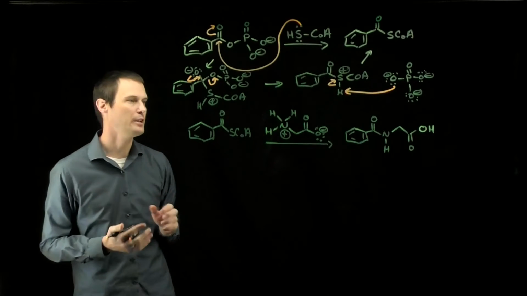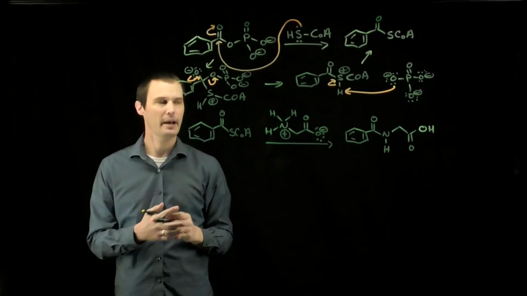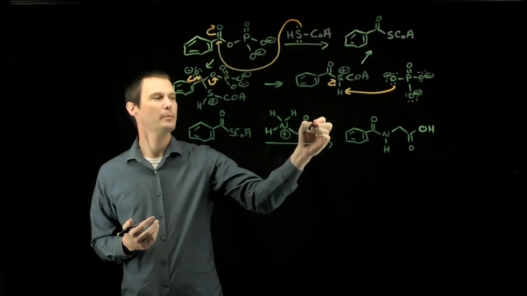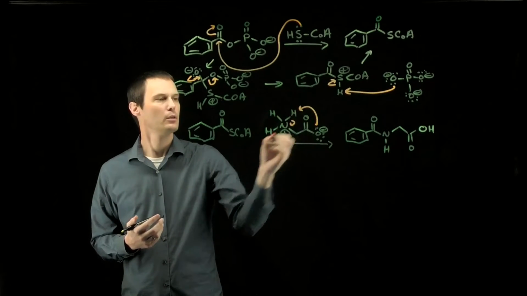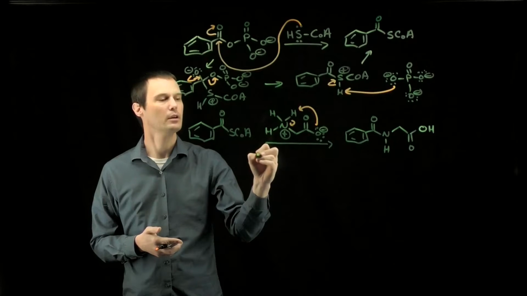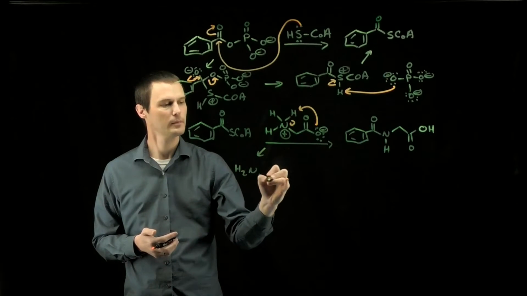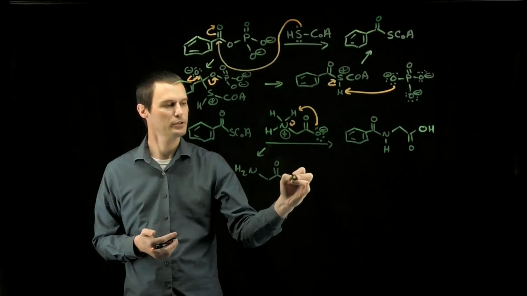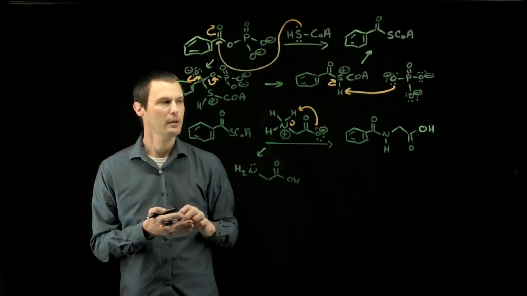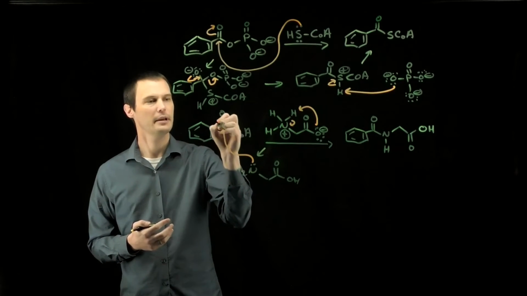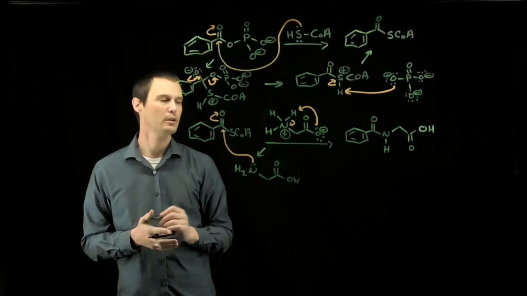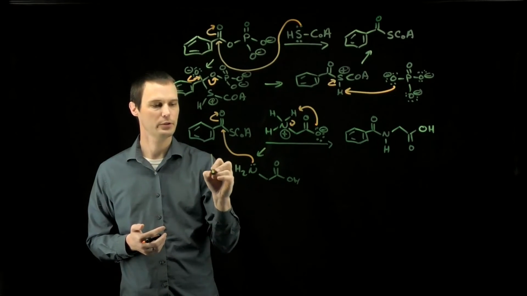This will work in much the same way. We're going to start with this zwitterionic form of glycine. The first thing that's going to happen is we're going to revert back to the non-zwitterionic form of glycine, where both the oxygen and the nitrogen are neutral. That allows us to use a lone pair of electrons on nitrogen to attack the carbonyl carbon, kicking electrons up onto oxygen,